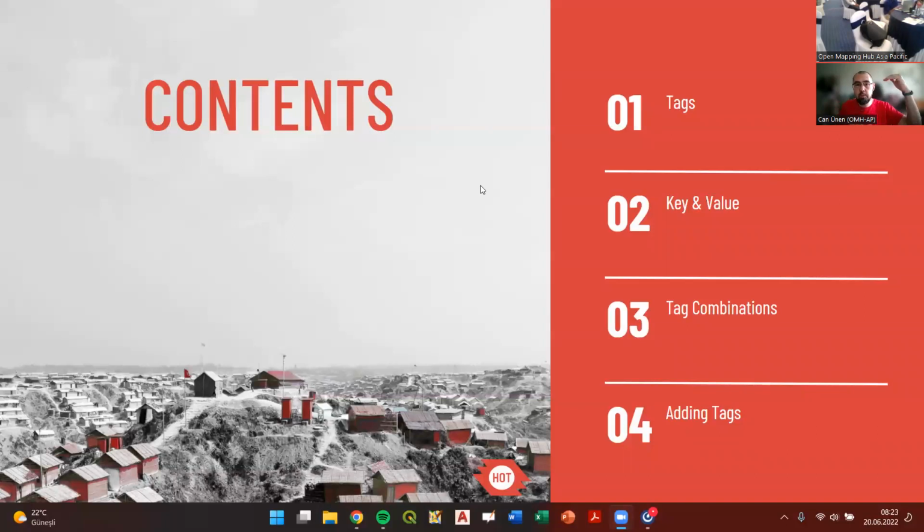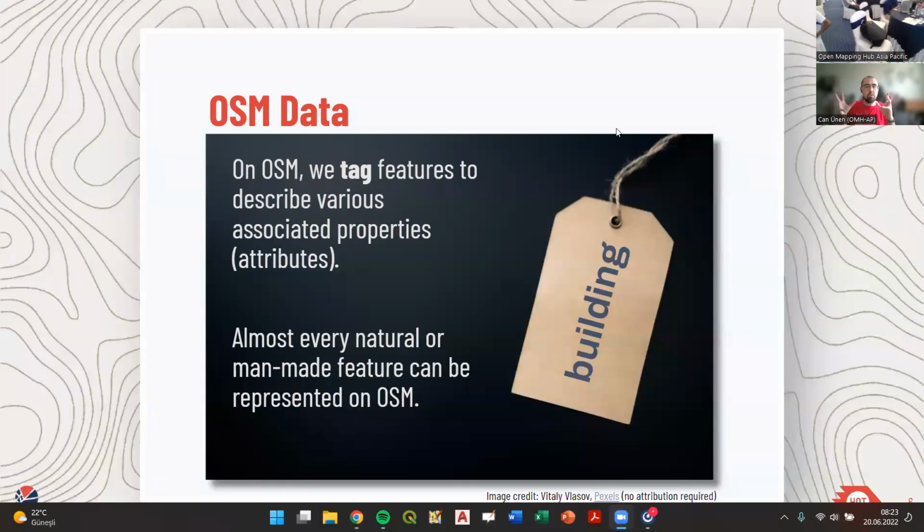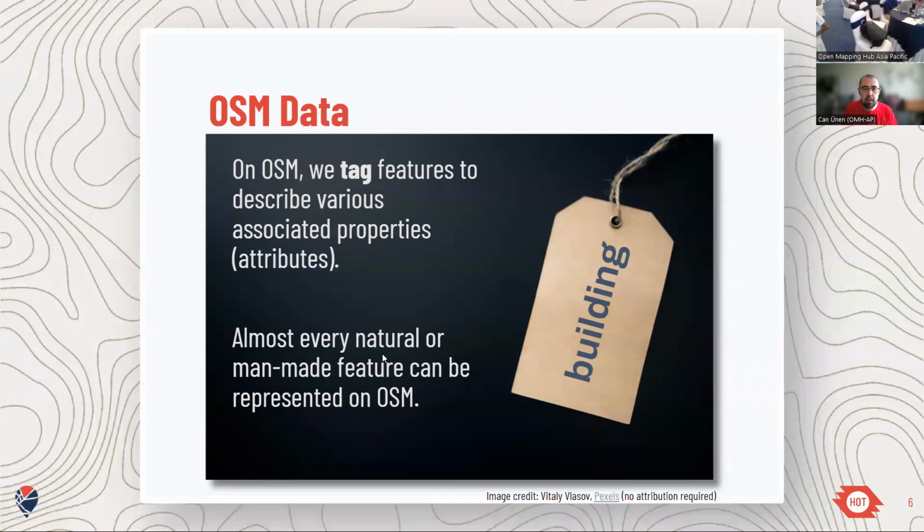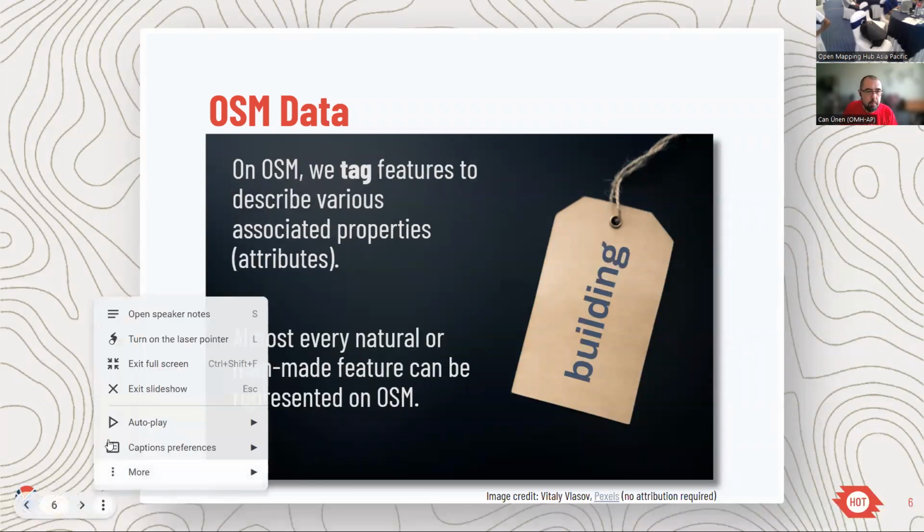So there will be 3 parts. In the first part, I'm going to talk about what tags are, the key-value system, and sometimes we use tag combinations, and how to add tags in OpenStreetMap. This is the quick outline for the first part of that training. So we use tags, we tag features to describe